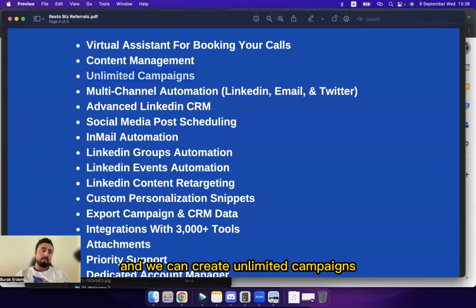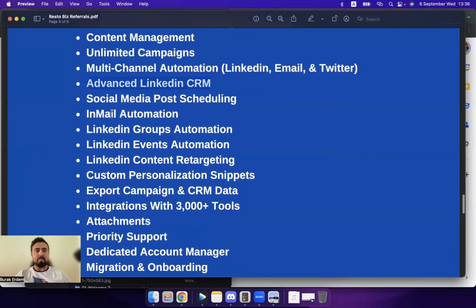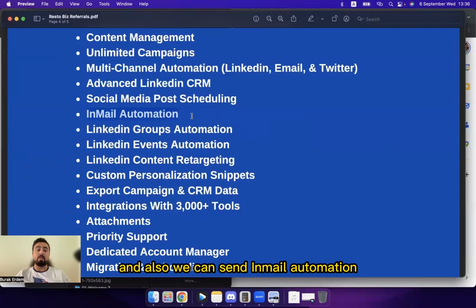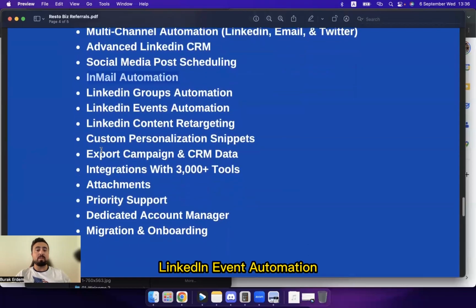And we can create unlimited campaigns, and we can do multi-channel automation, LinkedIn, email, and Twitter as well. And we have advanced LinkedIn CRM and social media post scheduling, as I already told you. And also we can send InMail automation if you have Sales Navigator. And we have LinkedIn group automation, LinkedIn event automation, LinkedIn content retargeting, custom personalized snippets also, obviously.